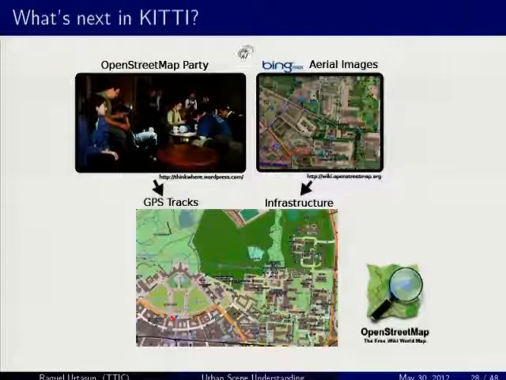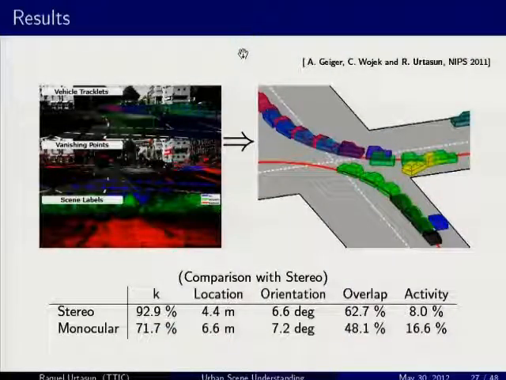Okay, cool. And all right, so in this case, this is just comparisons of how good we do with respect to if you use stereo. Obviously, monocular is not going to do as well. But now we have this rich set of features that I think are going to be very important to make the stereo work much better. And the interesting thing is we are very accurate in estimating the relative rotation of the different streets, which I think is one of the important things that you need to estimate.